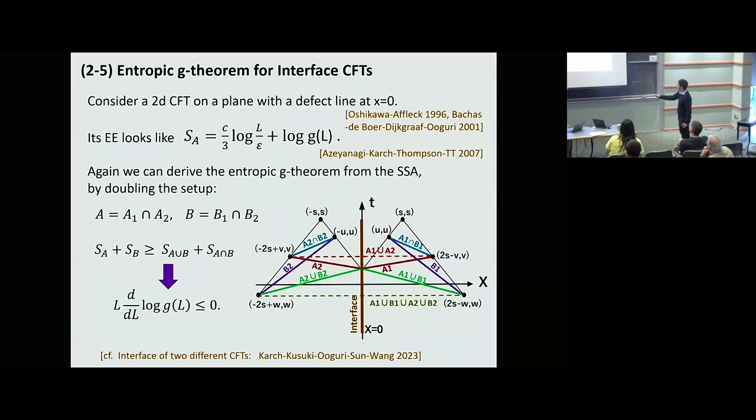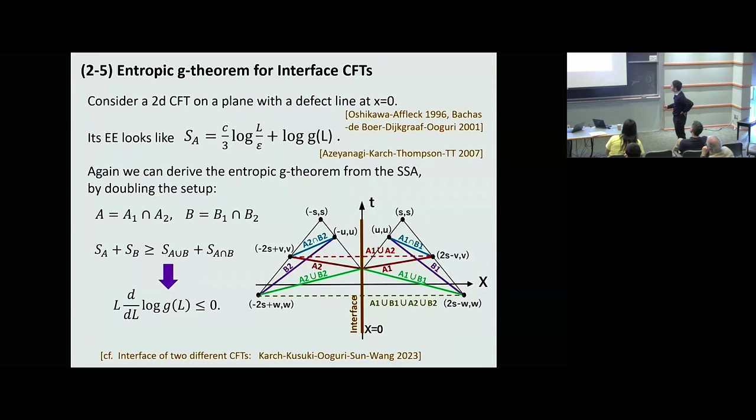So that means this is equivalent to this one, and that gives this one. And another one gives this another G function. But also, again, we have a tilted one, and we can get rid of that by taking another limit. And then this strong subadditivity gives again this renormalization group flow, also monotonicity of G.